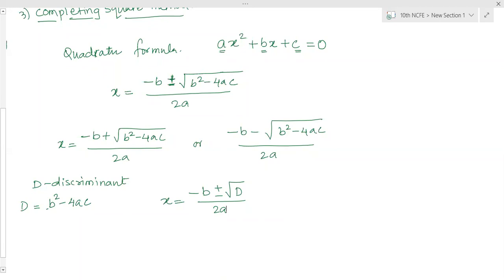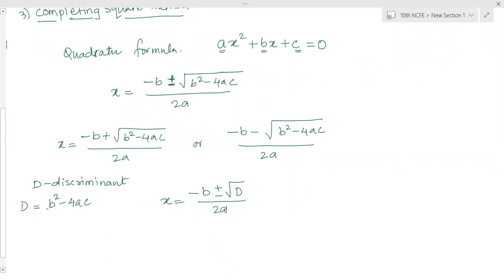It depends on the value of D whether we have to proceed further. Otherwise, we are not supposed to proceed further. By knowing the value of D, we will get to know whether the equation has real roots or non-real roots. If the value of D is positive or zero, then that equation has real roots. But if the value of D is negative, that is less than 0, then that equation has imaginary roots, because the square root of a negative number is not possible. That means the roots are imaginary and we are not supposed to solve further.